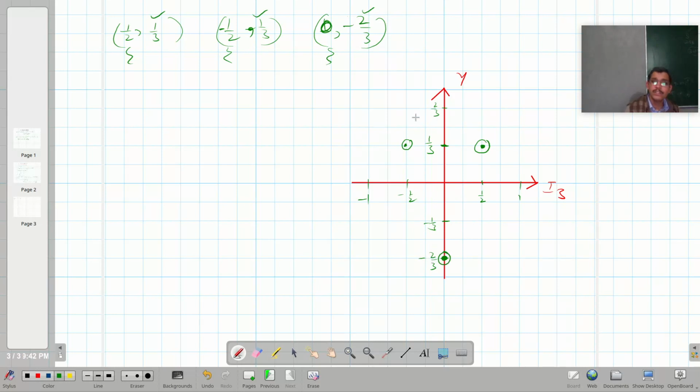So that means this point is what? This point is, let me start with, it is 1 by 2 and 1 by 3, and it is minus 1 by 2 and 1 by 3, and it is, for this I3 will be 0, so 0 minus 2 by 3. So these are the representation of all the fundamental triplets, right? So this is the representation of fundamental triplets, and